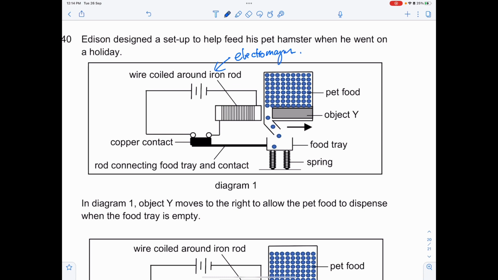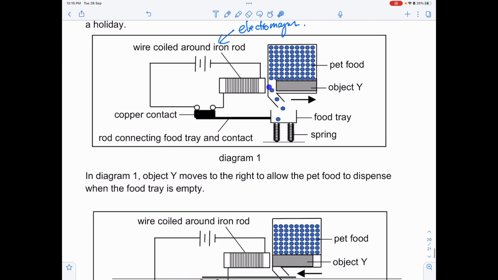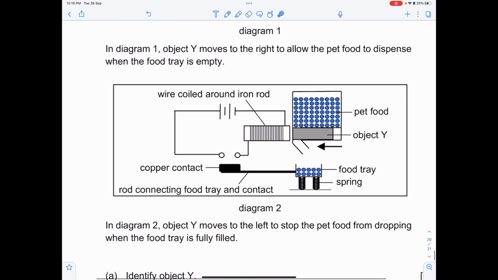So when it's an electromagnet, it will actually attract your object Y to the side, or maybe repel it to this side. It says to move to the right, and when it moves towards the right, it will cause the balls to fall through. So this is a very interesting